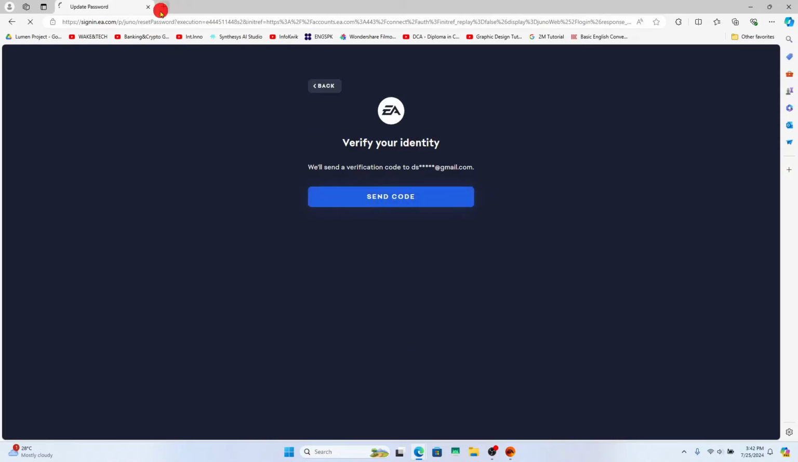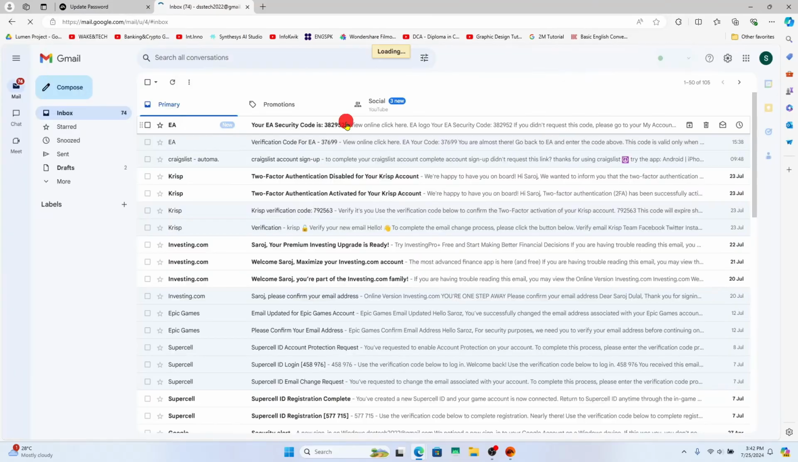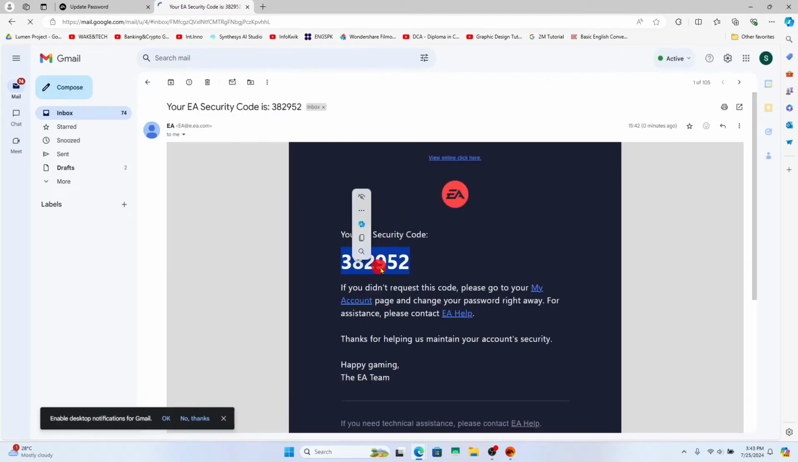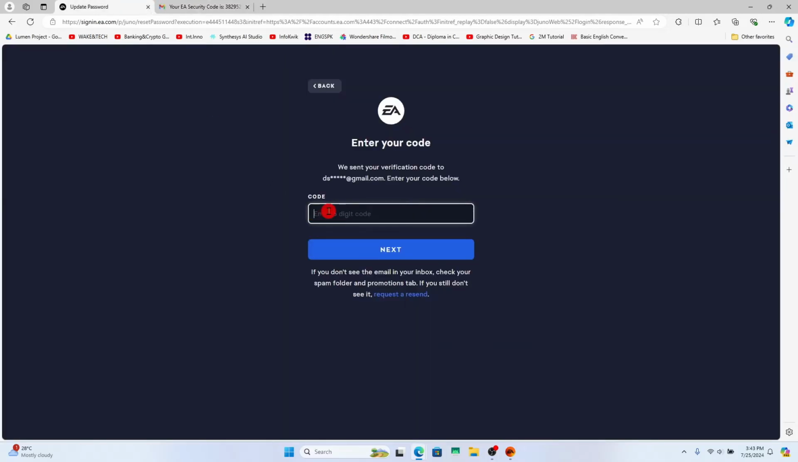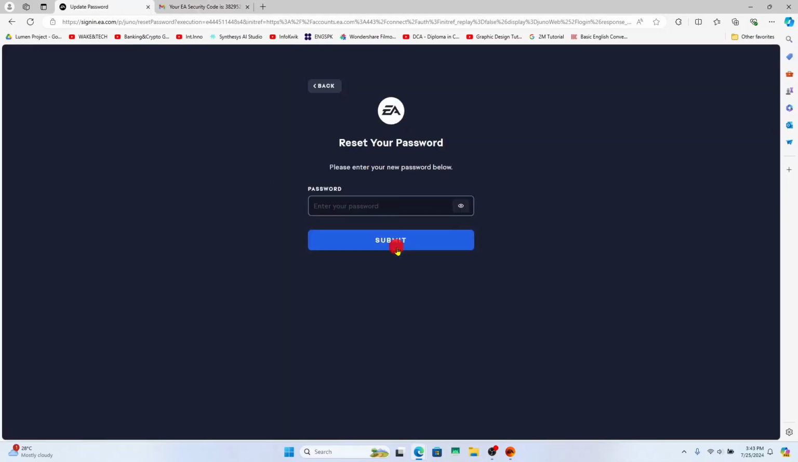Click on send code and then log into your email account associated with your EA ID. You will then find the verification code sent by EA. Just enter this code within the given box and click on the next button. You will now be allowed to enter your desired new password. Go ahead and type in the password that you wish to set for your account and then click on the